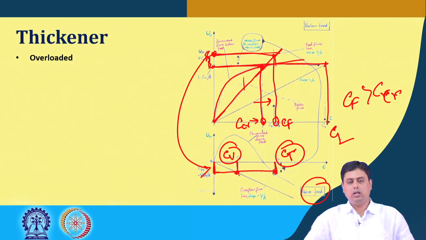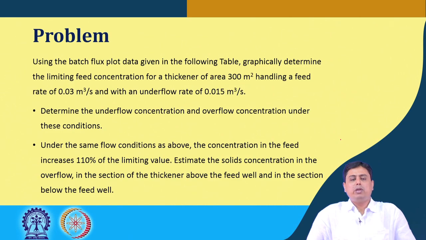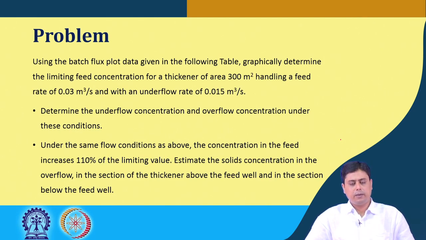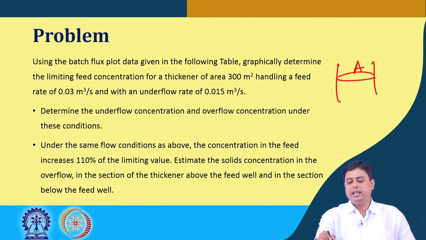So, how is this information useful? Say we have a problem that uses the batch flux plot given in the following table, in the next slide. Graphically determine the limiting feed concentration of a thickener that has a cross sectional area of 300 meter square, handling a feed rate of 0.03 meter cube per second with an underflow rate of 0.015 meter cube per second. So, the thickener cross sectional area is given,